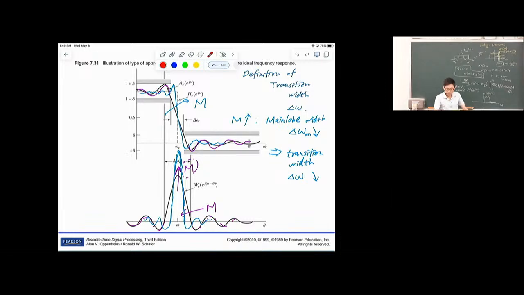There is also this largest ripple, and its height remains the same, however we increase the length of the window. However many points you want to keep extending in the time domain to keep the larger portion of the middle part, you can do that. That will help you in transition width, but it will not help you in reducing the size of the largest ripple. Okay, should I write it down? So however,